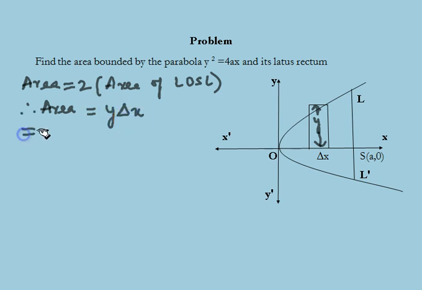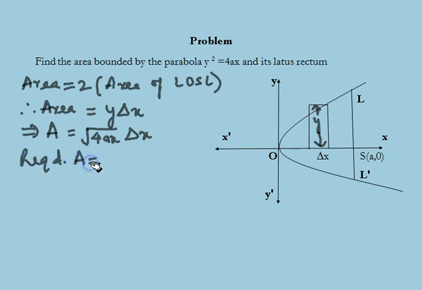This implies that the area is equal to root of 4ax into delta x, since y can be evaluated from the parabolic equation y square equal to 4ax. Now, since the approximating rectangle can move from 0 to a, the required